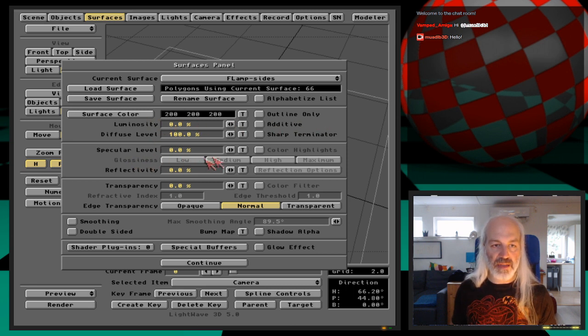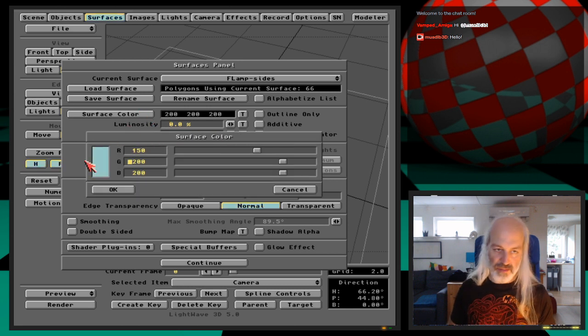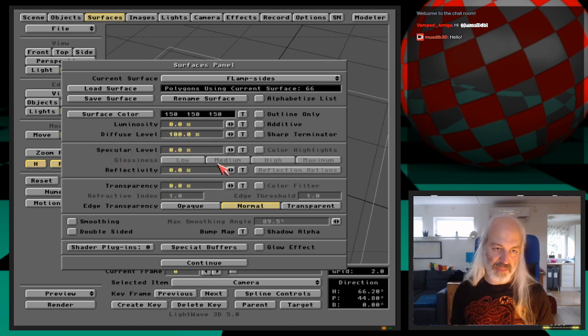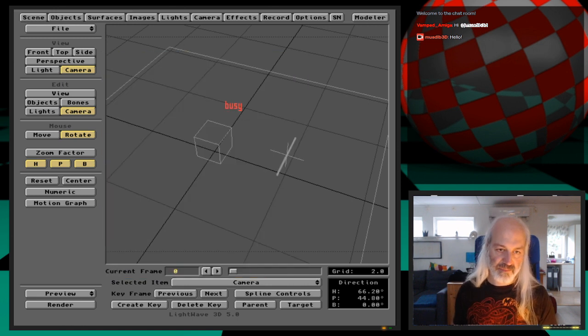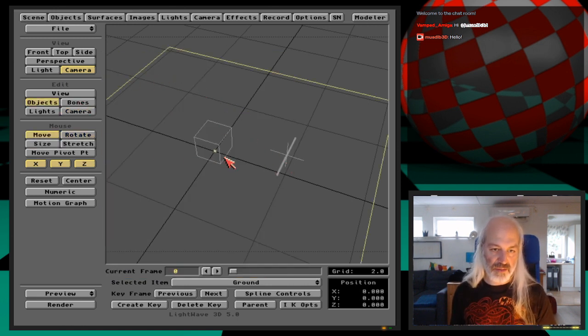Now this is the sides of my lamp. So let's make it a dark mid gray, and give it a bit of glossiness here, specularity. I think this is okay. Save all objects, close, save the scene. Good habits to have. And then let me get the lamp a bit upwards,